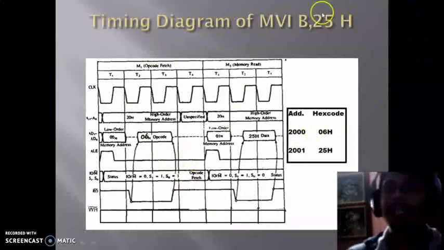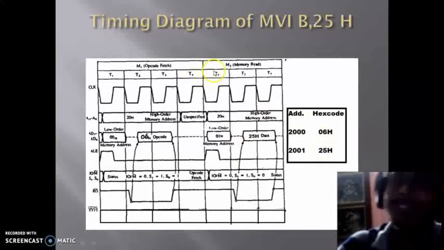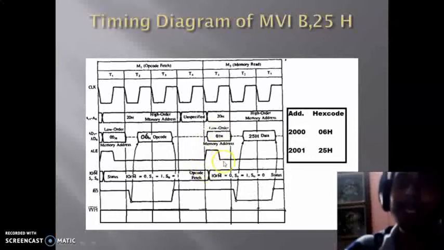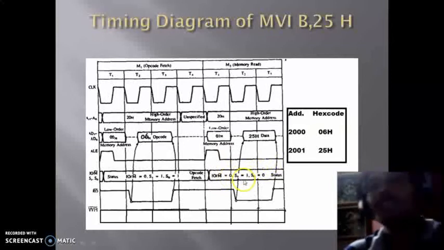After that, the 8 bits of data, that is 25, will be read from the memory and sent to B, meaning it will be copied into the B register. So for the first T state, the address 20 will be placed onto the higher order address bus, and 01 will be placed onto the lower order address bus, and at that time ALE will be high, and IO/M bar will be equal to 0 as it is a memory related operation, and S1 will be equal to 1 and S0 will be equal to 0 because this is a memory read operation.